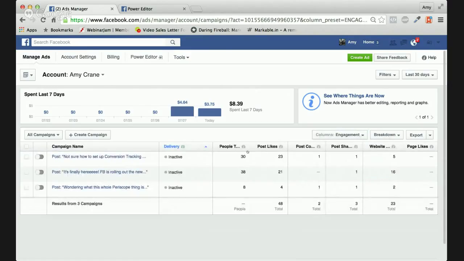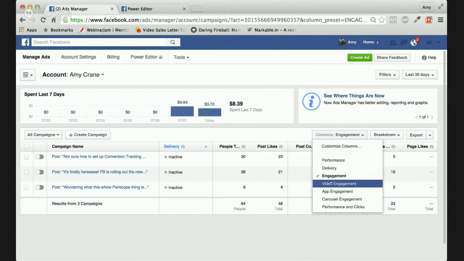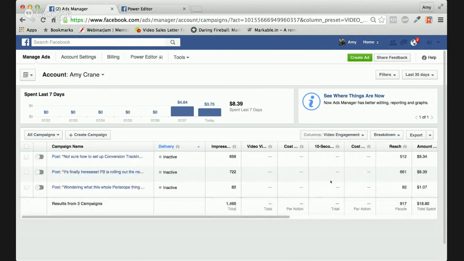Engagement. So it's going to break down your different people taking action, post likes. This is the important one, video engagement. If you are running video ads, I cannot stress this enough. I talked about this last week in my video, and video ads are great, but you've got to come in